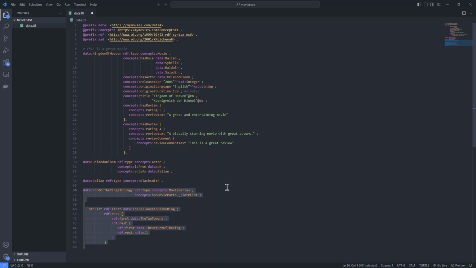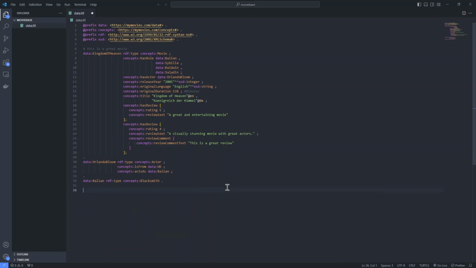So we can make everything a bit easier by defining Lord of the Rings trilogy, which links to a list through the predicate has movie parts. So this is the same as in the first variant. However, now